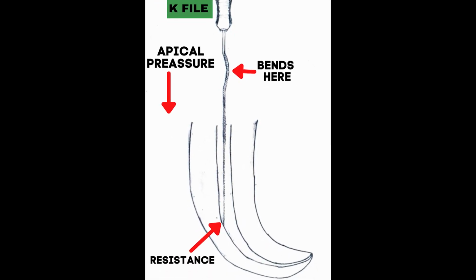But if you give a proper angulation to the apical portion and then try to negotiate the canal, it does not unwind. So the apicalmost portion is very strong, but the portion towards the handle buckles under pressure. So that is not there in any other files which I have used. So because of this, I will definitely recommend these files.